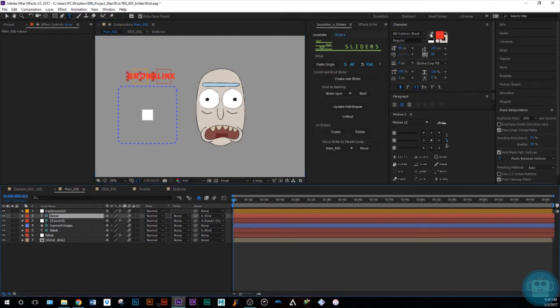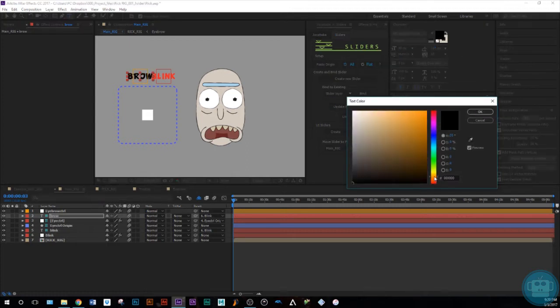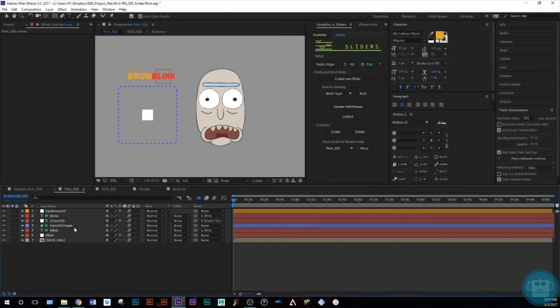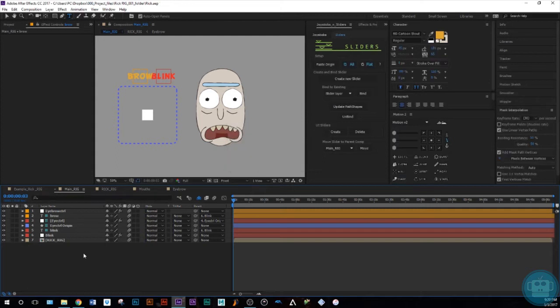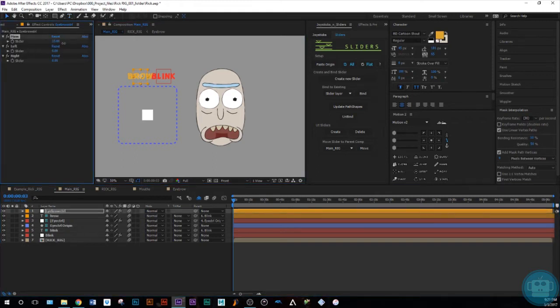I like labeling stuff. It just makes it easier, you know? Especially for somebody who is working with your file but hasn't rigged it, or an animator who's opening the file for the first time. He needs to know where everything is. So naming stuff, color coding it makes everything easier. So anyway, now that we have this brow control here,